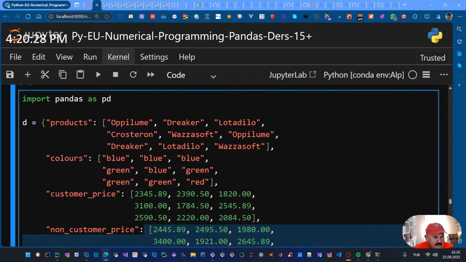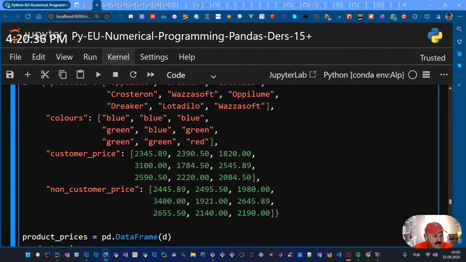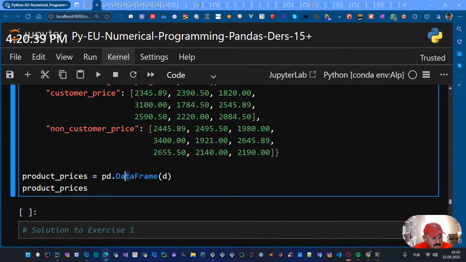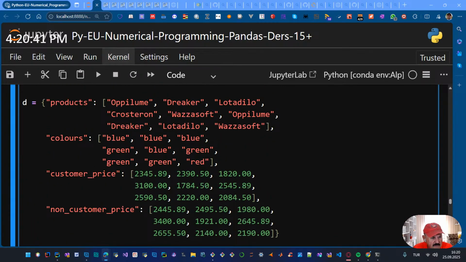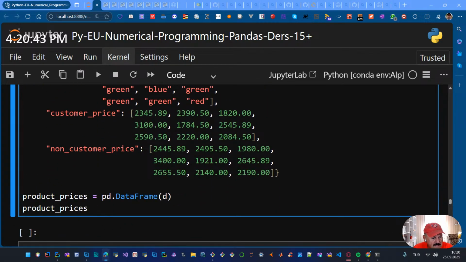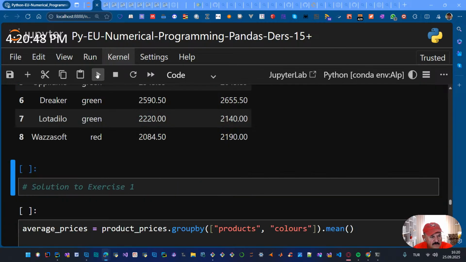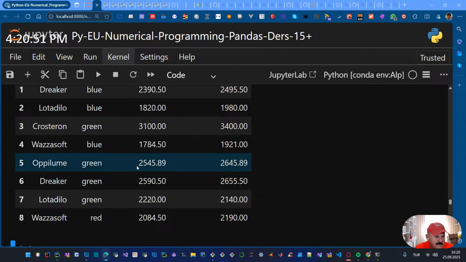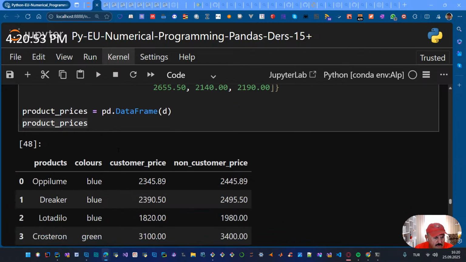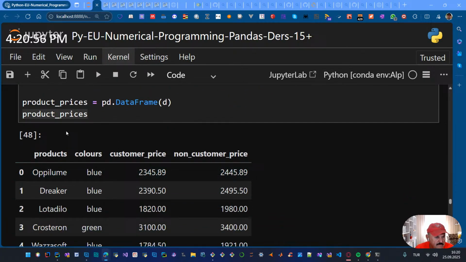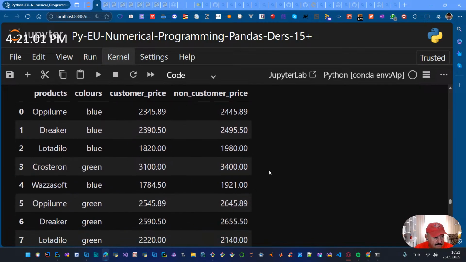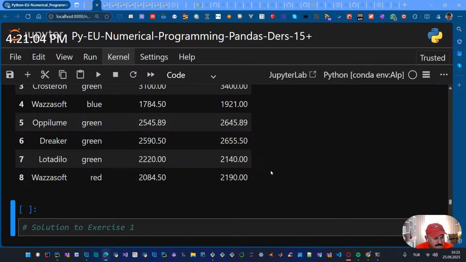And our data is ready, and it's ready to be used within a command so as to create a data frame. Product prices, and just by indicating this one, the data frame works for us and it's created: products, colors, customer price, then non-customer price. Okay,